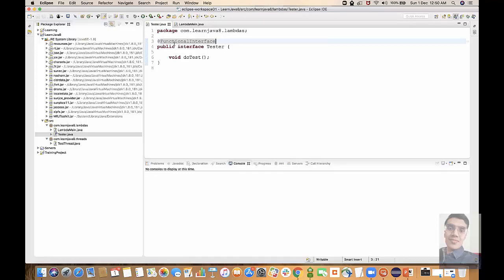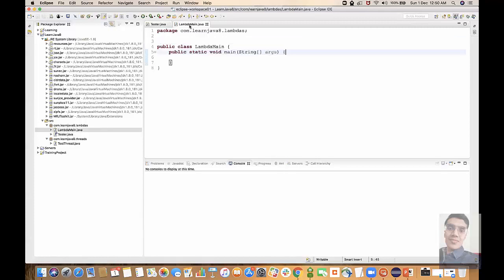Now to instantiate it, I have already created a main class having a main method. So let's first use it without using the lambda expression. How would we instantiate it without using a lambda expression? For that we need the reference of the interface, right? But there is no class which is implementing it. So if we're not using a lambda expression, as till Java 7, we need a